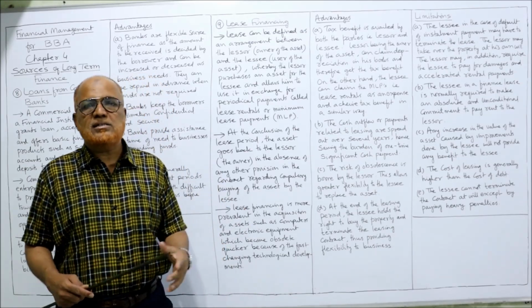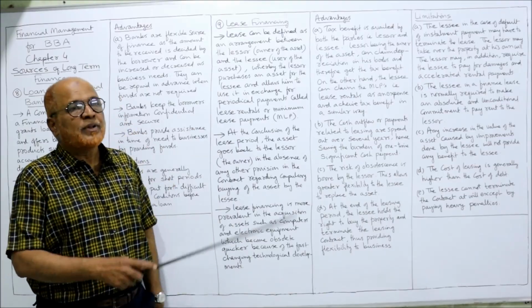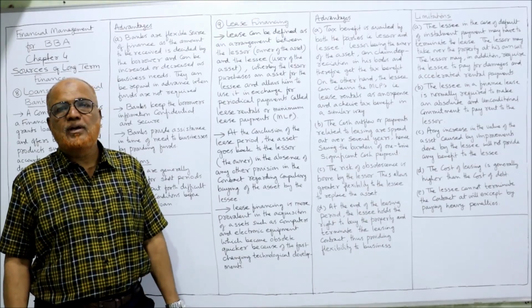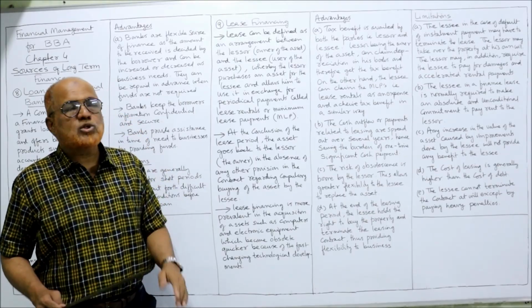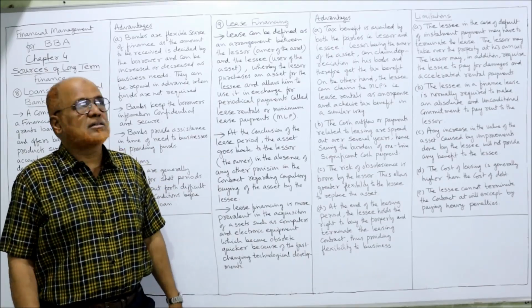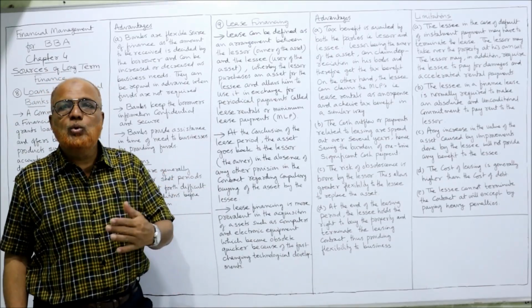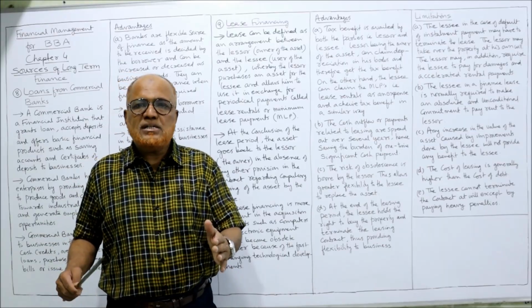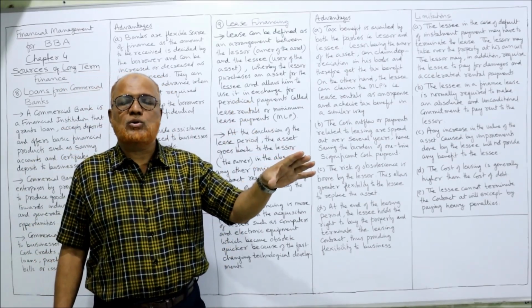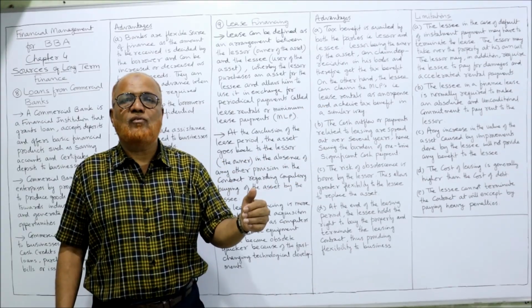So what is the lease agreement? What is this lease? First of all, I am going to explain. Lease can be defined as an arrangement. It is an agreement or arrangement between the lessor and the lessee. The lessor is the owner of the asset and the lessee is the user of the asset. The business is the lessee and the lessor is the owner of the asset who purchases the asset for the